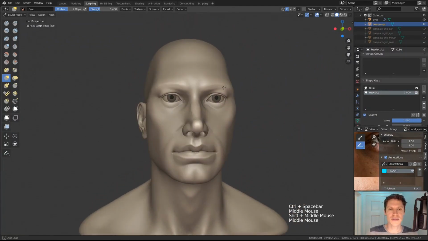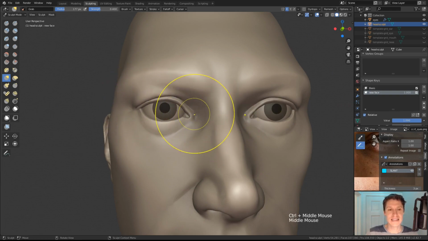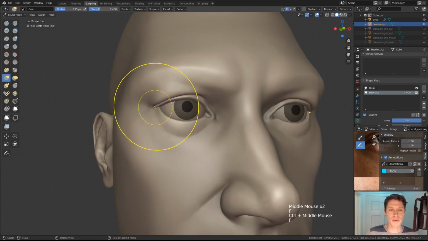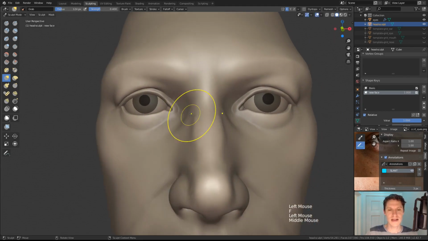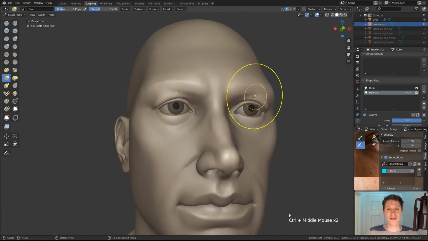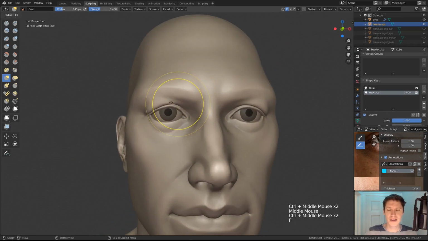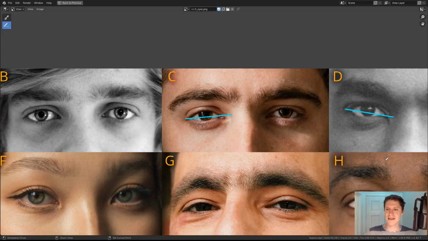If we look at our actual sculpture, this looks like it's slanted significantly down. And so with a broad brush size, I'm going to drag the outside down and the inside up a little bit. Okay, subtle changes. And you can see that already changes the demeanor, but there's more to adjust, because the next thing that I look at,